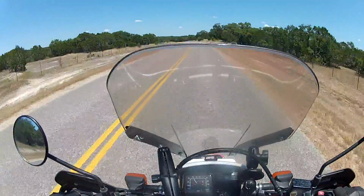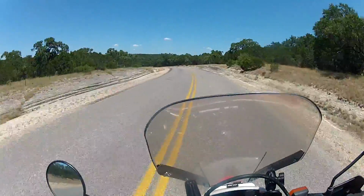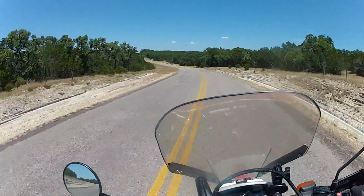I didn't look at my odometer to see how far I'd gone of the 12 miles of this curvy road, so